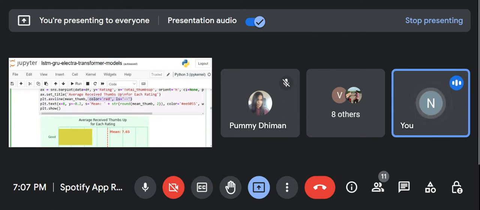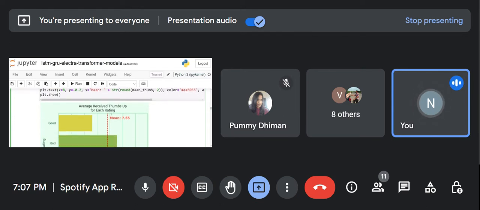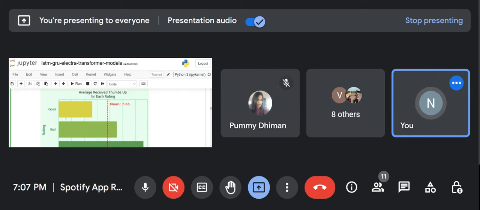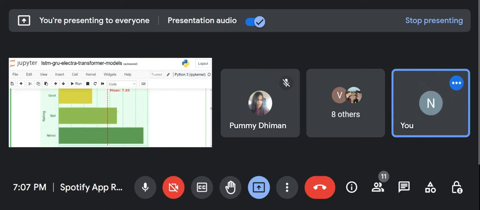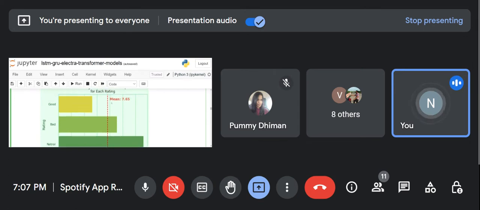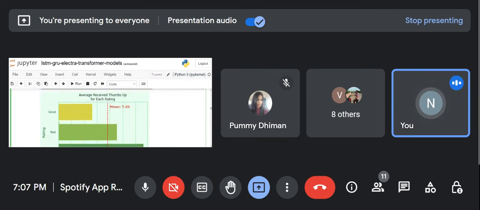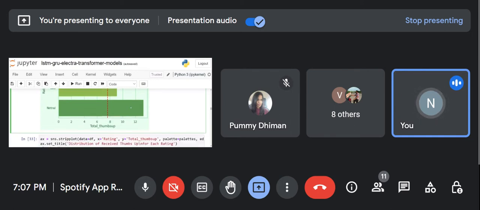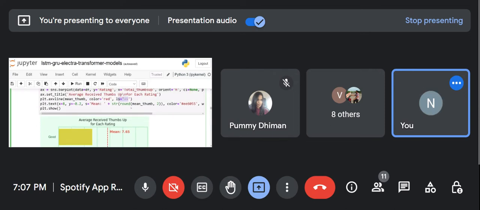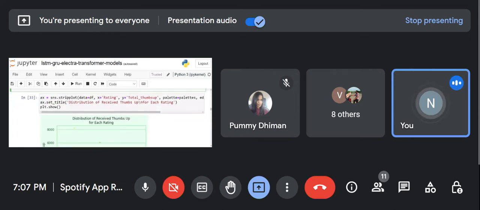तो रेड कलर से मैंने उसको हाईलाइट कर ली, डॉटेड से बनाया है, एल एस इक्वल टू डॉटेड, तो यू कैन सी अ डॉटेड लाइन हियर। तो ये तो रेटिंग तो आ ही रही थी, गुड बैड न्यूट्रल ये आ ही रही थी, मीन के अबाउट मैंने लाइन बनाई है। ठीक है, तो मीन से कौन कितना ऊपर जा रहा है नीचे, गुड रेटिंग्स बिलो मीन है, बैड मीन को क्रॉस कर गया, न्यूट्रल मीन को और ज्यादा ही क्रॉस कर गया। ओके, सो दिस इज हाउ यू कैन एनालाइज अ ग्राफ।